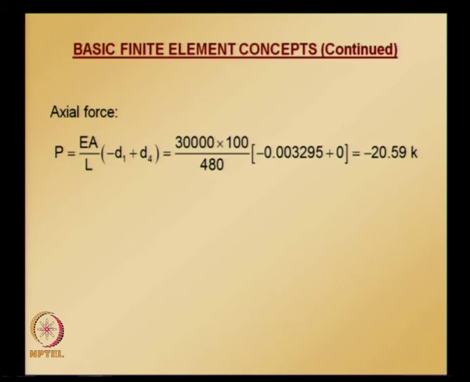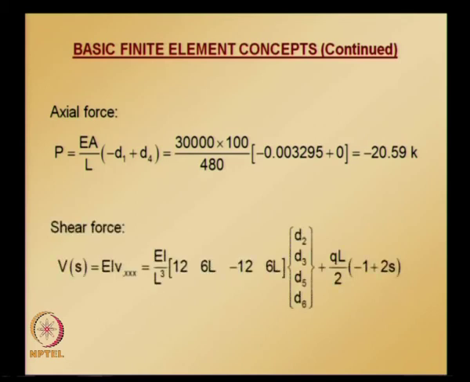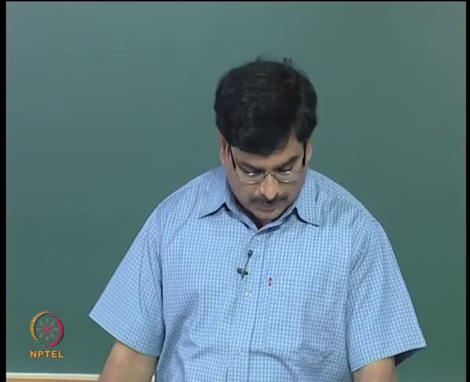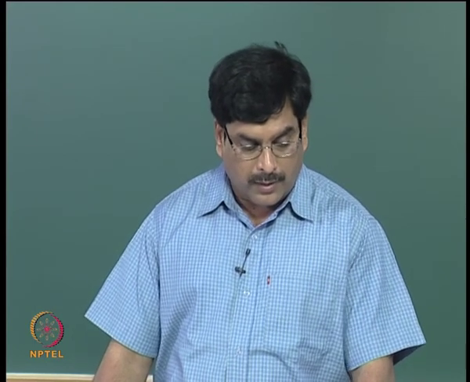and please note that element 2 is subjected to uniformly distributed load. So we need to apply fixed end correction for element 2 for shear and bending moment. So the first part of this calculation is coming directly from the nodal values and finite element interpolation, and the second term is fixed end solution correction. And substituting the numerical values, we are going to get shear, which is linearly varying.